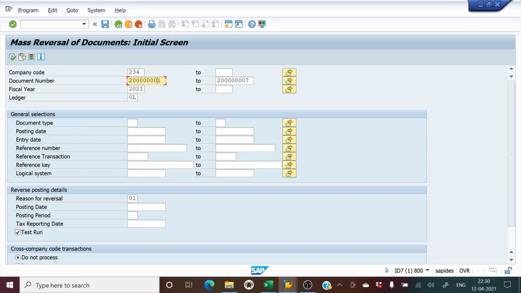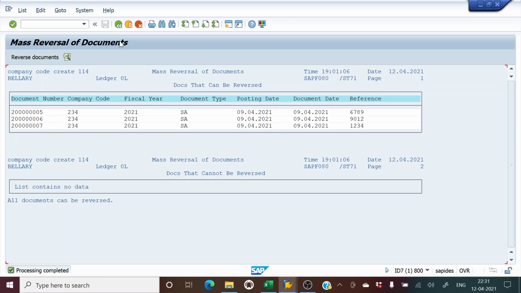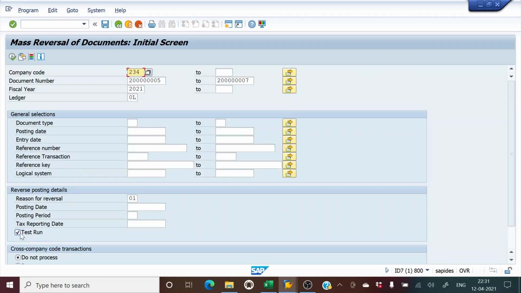So we'll start with 5 to 7 and do one more test run. So all can be posted, all can be reversed.